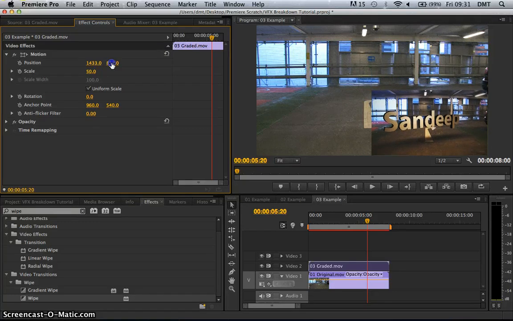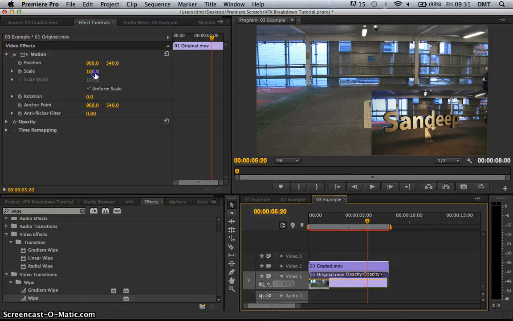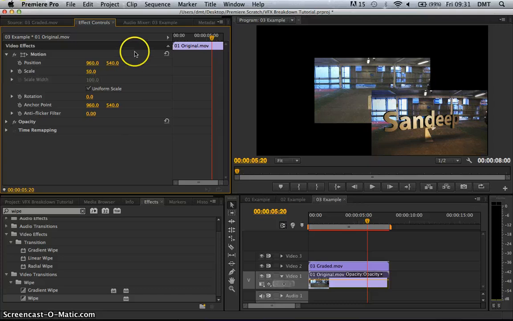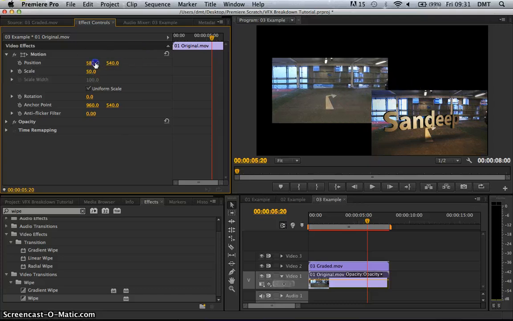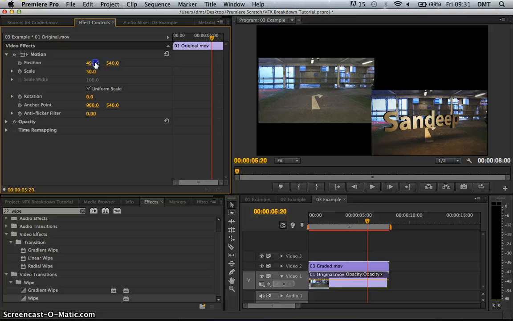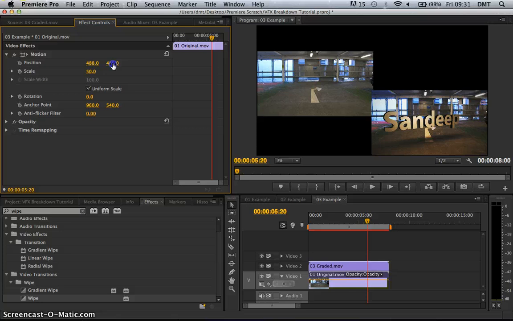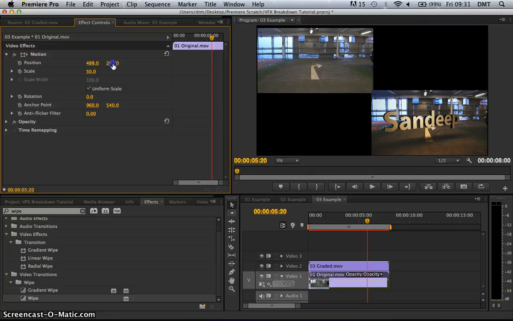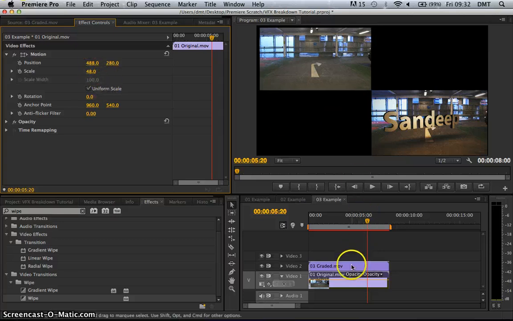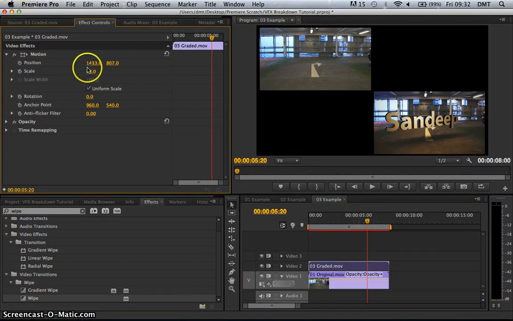And the reason I'm doing that is because then I could click on this one as well, and I could resize that if I wanted to, go to 50% as well, and reposition that however I like. So if I wanted to, I could do it as a picture-in-picture maybe, just with the original and the final version if I wish. So that's another way to do it. Probably best to go for slightly less. I don't want them overlapping. Oh, well, they were just touching, so let's give them that slight gap in there. So that's another way you could